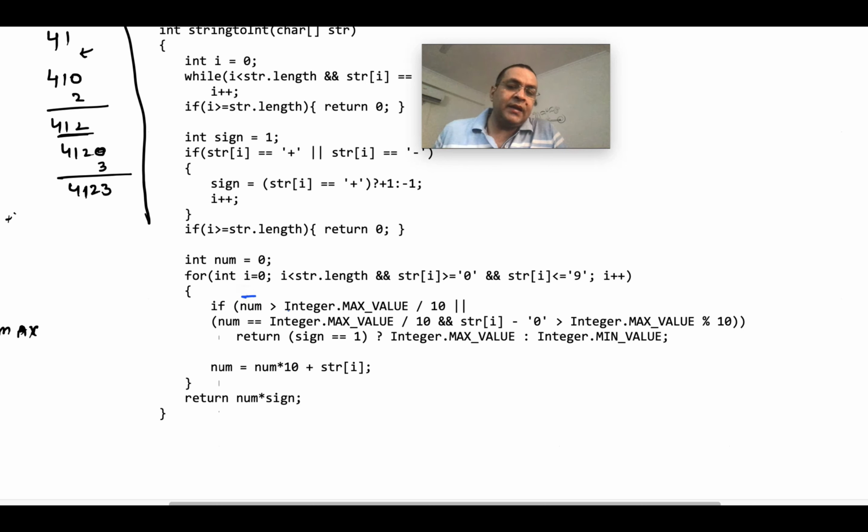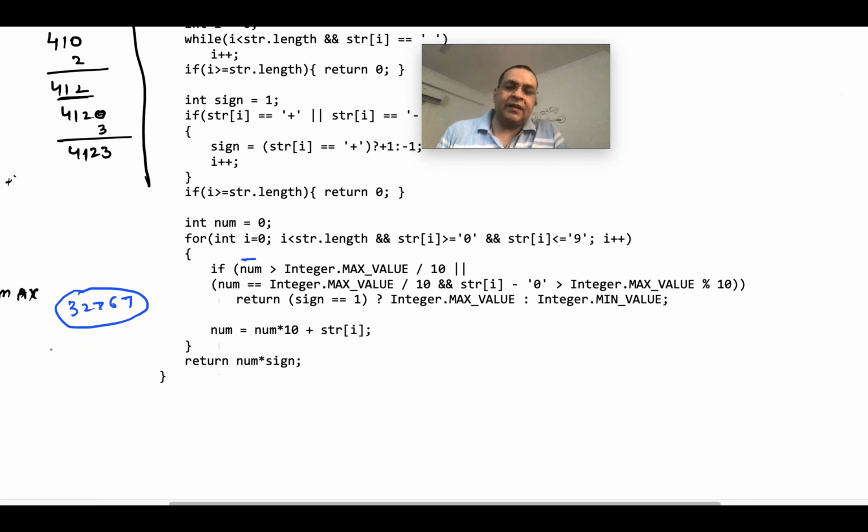We check if the number is greater than the maximum value divided by 10. Let us say the maximum number allowed is 32767. This is the maximum allowed if integers are stored in 16 bits. We are using this just for the sake of understanding, and we can extrapolate it to a 32-bit integer.